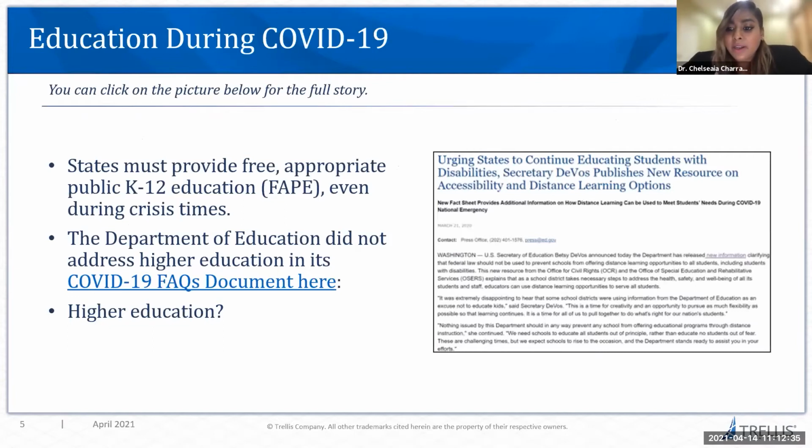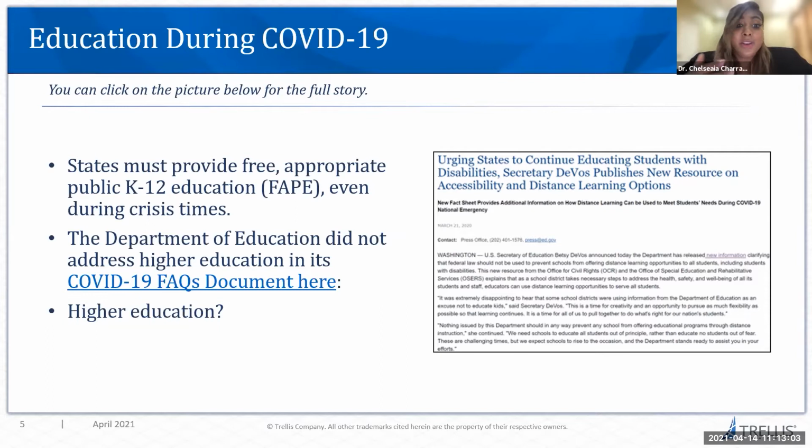So on March 21st, 2020, there was a document published basically talking about the importance of ensuring free and appropriate education for all students with disabilities, all students from kindergarten through grade 12. But what was really important and kind of scary to note is that there was no mention of higher education.